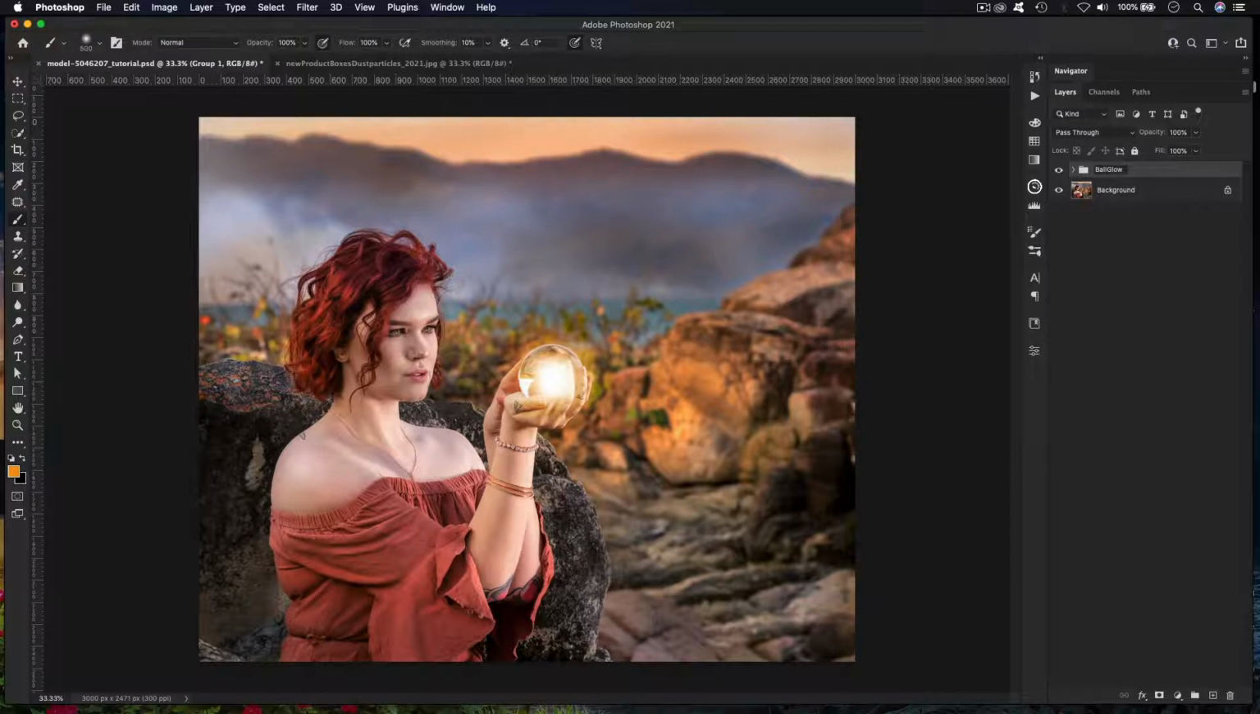Okay, ball glow. Before, after, before, after, before, after. Really nice. The next step now is that we will try to create some kind of realism to this image,